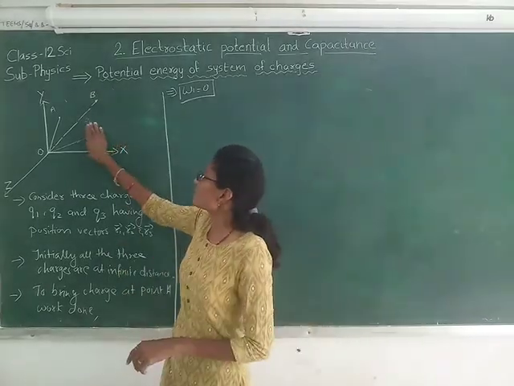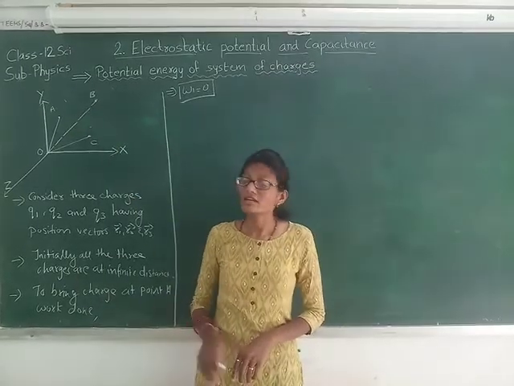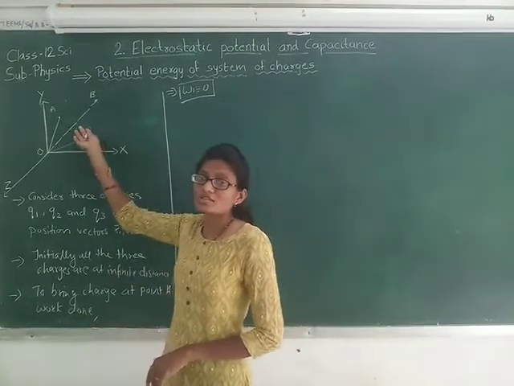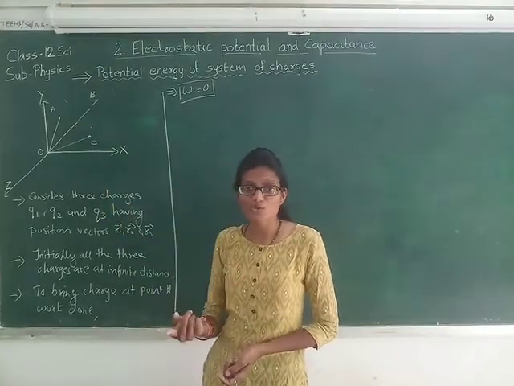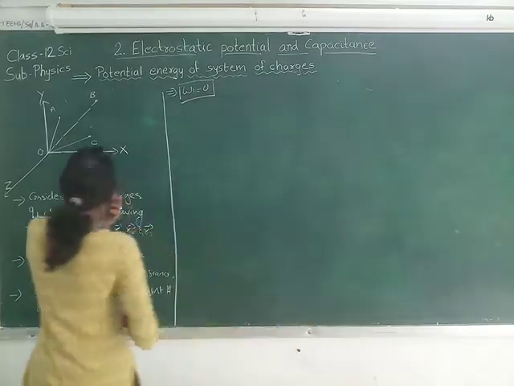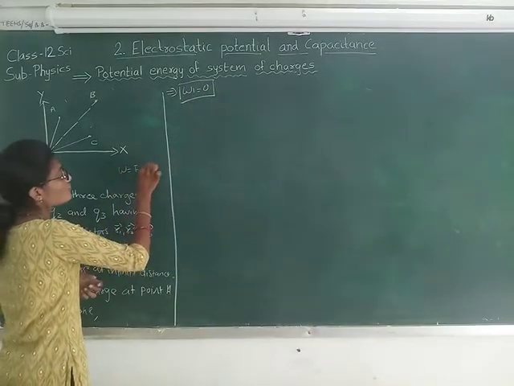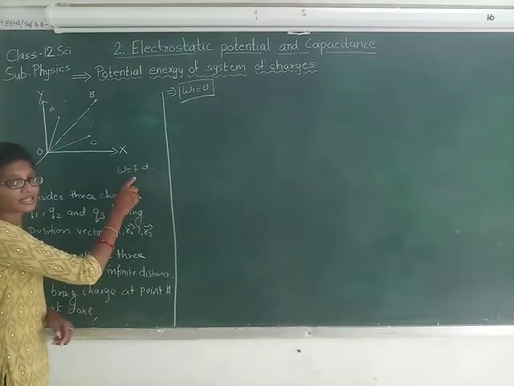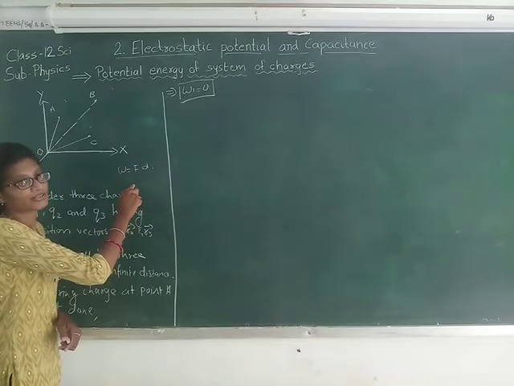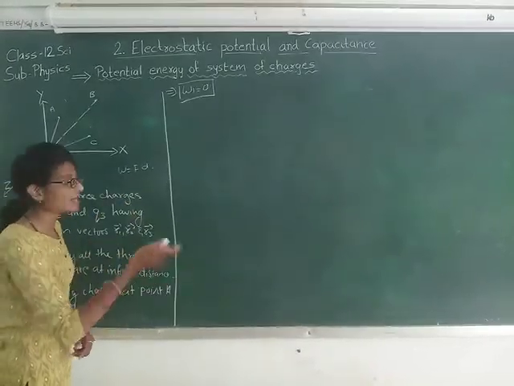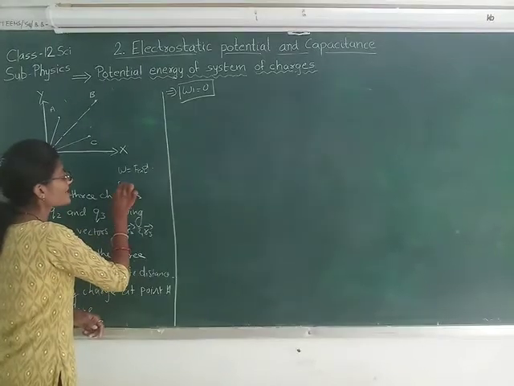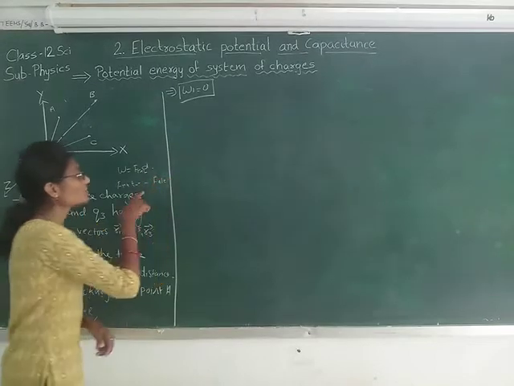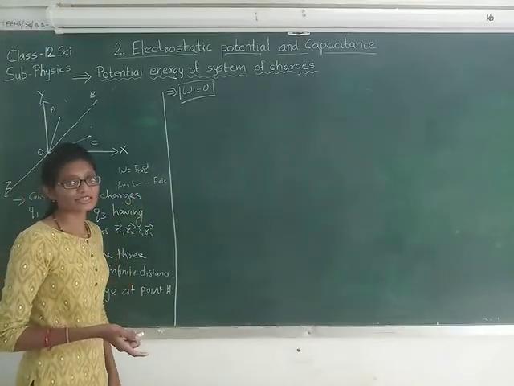But in this case we are not having any charge, right? So no electric field is there. So no electric force is there. So no external force will be there. And so the work done will be 0, because we know work done is force into displacement, right? Work done by the external force, that is the potential energy, right, which is against the electric field. Here see, external force is actually equal and opposite to that of the electric field, that we have already seen in the previous video.